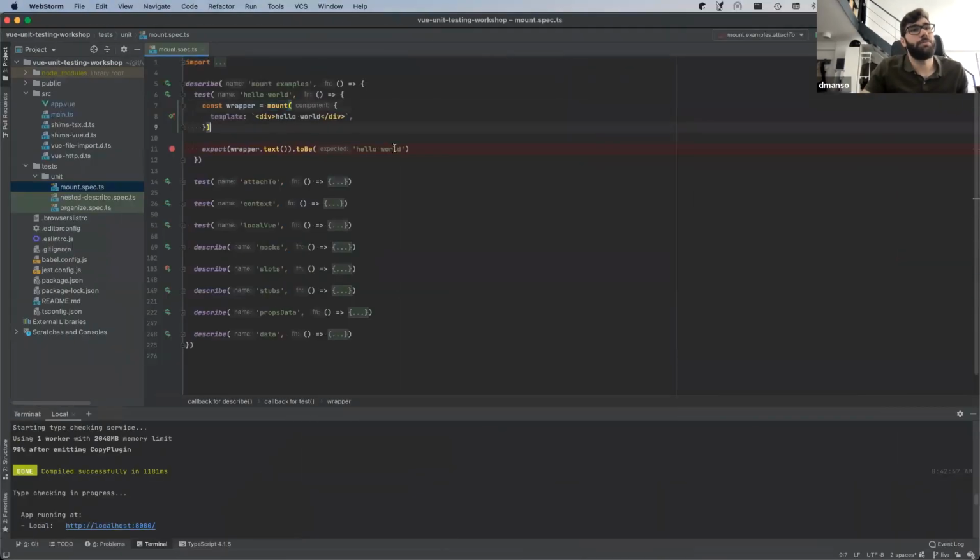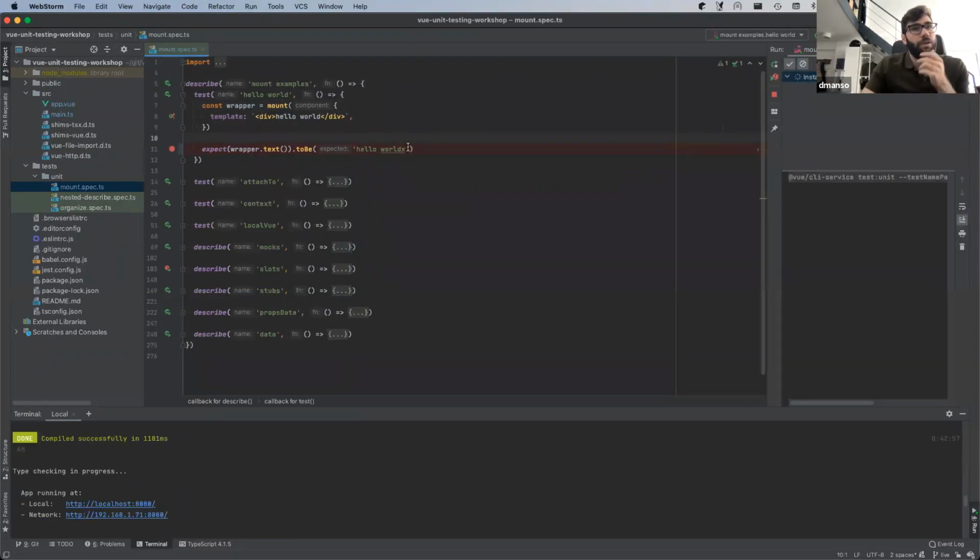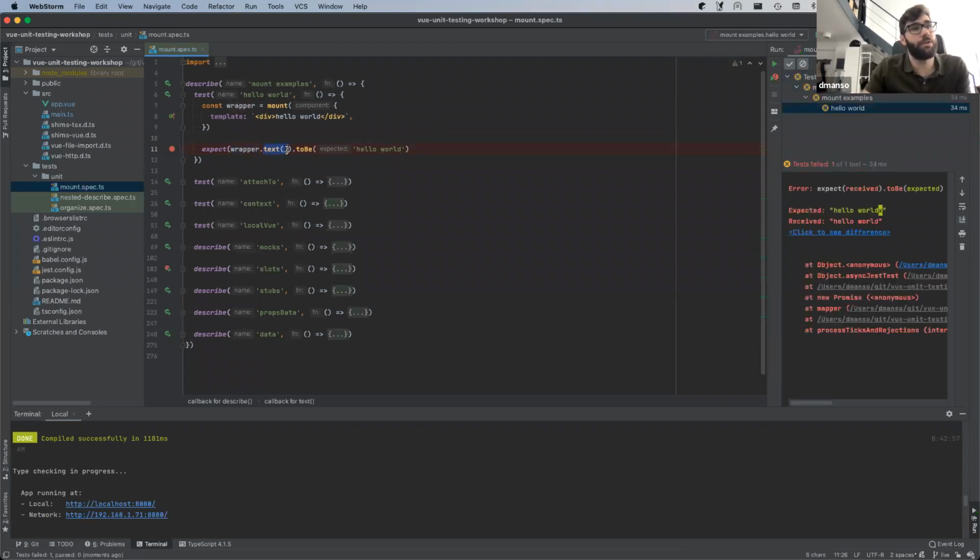So well, in this example, we will have this wrapper, this function that belongs to the wrapper, and this is the Jest matcher. So this is what we expect, and this is the execution. In this case, I have created a component in which its template there is a div with hello world text, and well, if I make it crash,